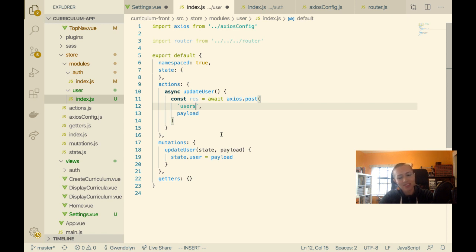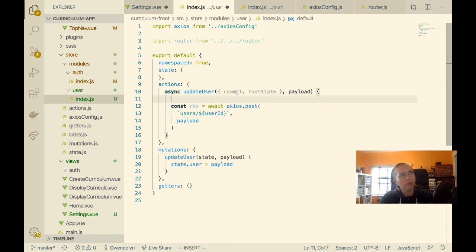So I have users and then what should it be? It should be /user ID when I call the API. So I need to have a user ID there. So I'm going to have to pass that in. And then user ID. Or I could just map it from my other module state. So I'm going to need commit here. And then if I do root state,